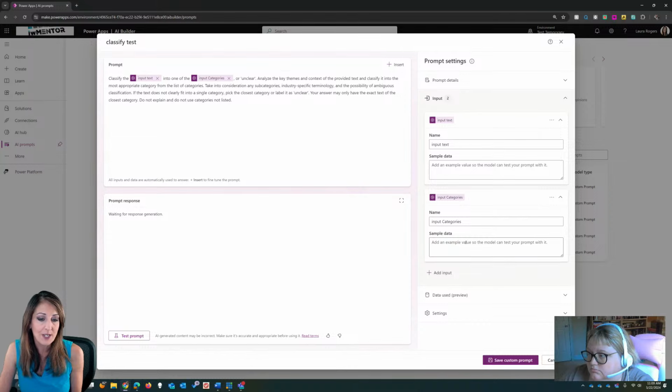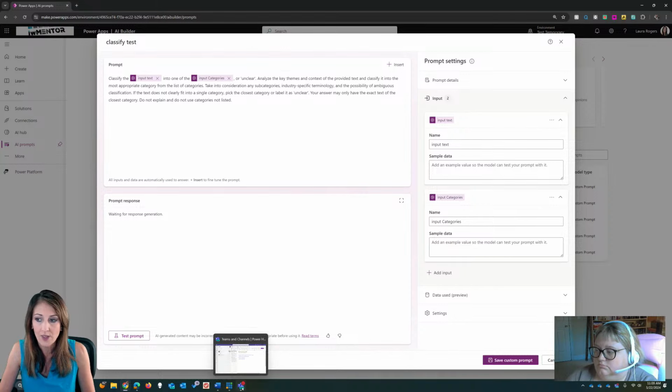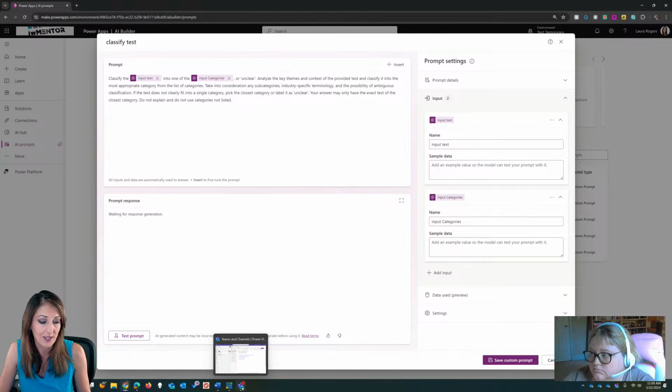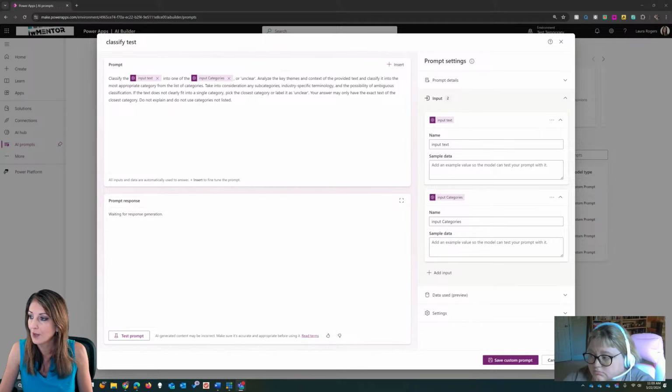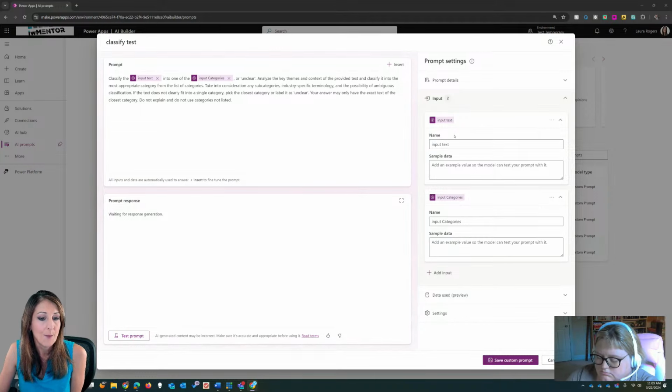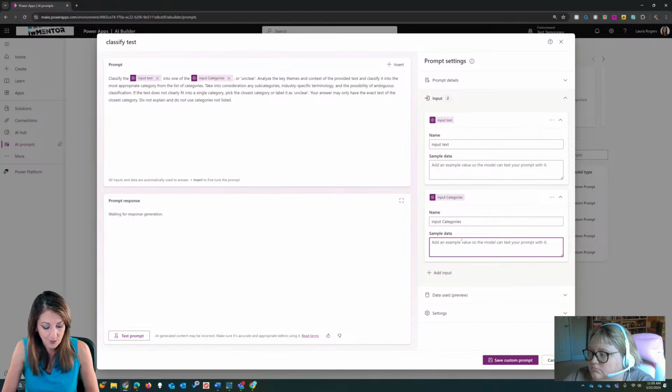So you're building your prompt here, and then you can test it as you're building it. In this example, I use Copilot to create some fake help tickets for me. Let me go over to my other window, I'm going to pull up Copilot just to help me create some fake stuff. Testing it is not the most intuitive, because it just says test prompt here. But what you do is you have to expand these inputs, and then you type your sample data here in the inputs. So my categories are hardware,